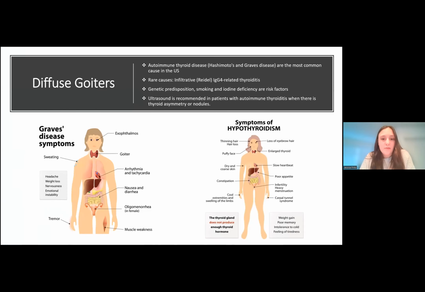And then lastly, diffuse goiters. You typically see diffuse goiters in autoimmune thyroid disease like Hashimoto's, Graves' disease, can sometimes be seen in the IgG4 related diseases as well. These are more commonly associated with a genetic predisposition, smoking, and iodine deficiency. And typically ultrasounds are not recommended unless there is asymmetry within the diffuse goiter. And then in that case, you'd probably be worried about additional nodules in there that may be separate from the autoimmune diffuse goiter that's